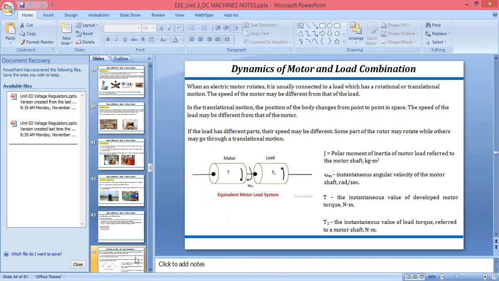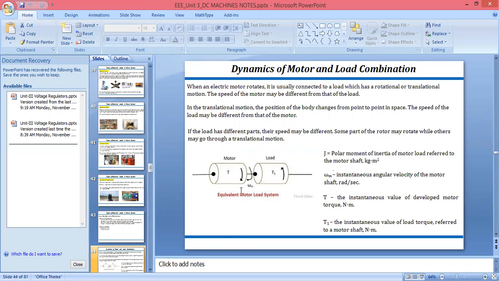That means what? If we are using the DC motor, at that time what will happen? It will take electrical energy, due to which the motor will start to rotate, and that will convert electrical energy into mechanical energy. It means we are giving it electrical energy, we are giving it voltage, and it rotates. So we can connect the load at the output of the motor.